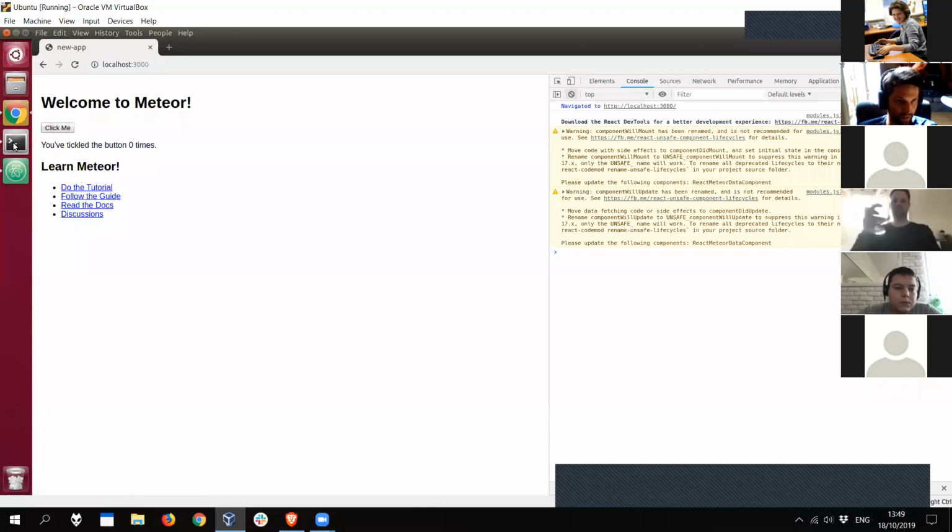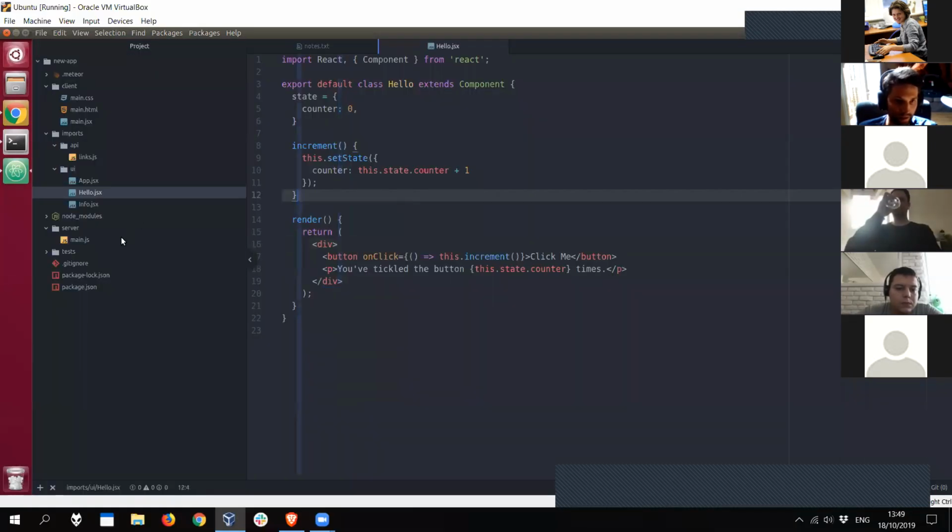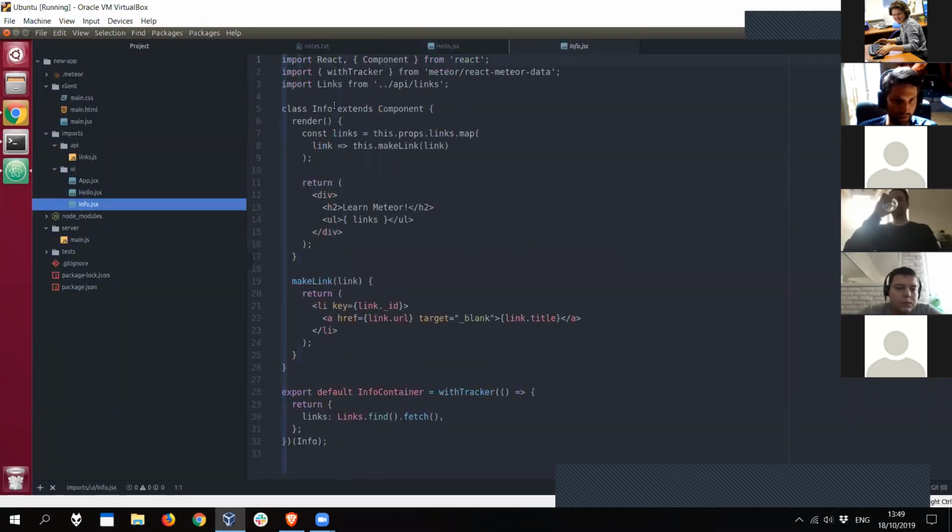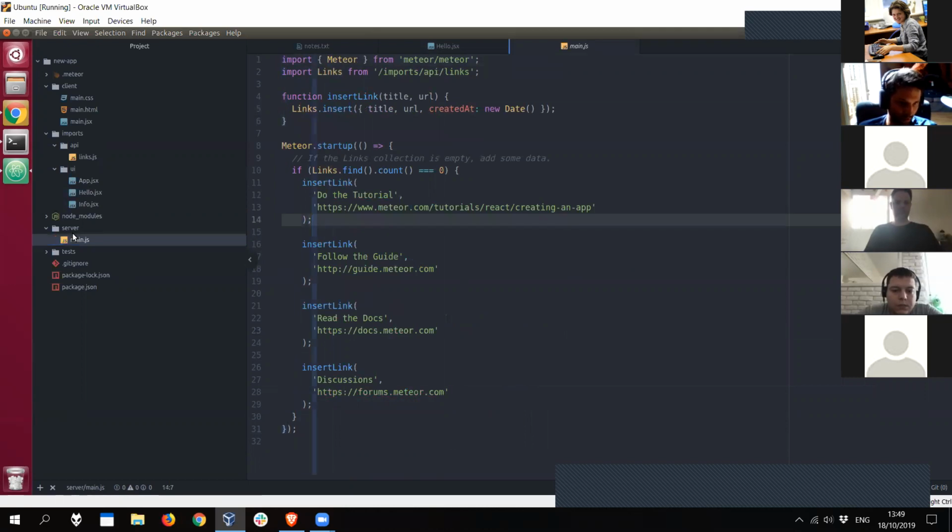So where do these links come from? These links are in fact generated by the info component, and the info component does something here. This is the only unfamiliar part for those who don't know React. In the server part, this is stuff that the front end can never see. It has its own little startup, which only runs on the server because that's strictly defined via the folder structure. And what we do here is